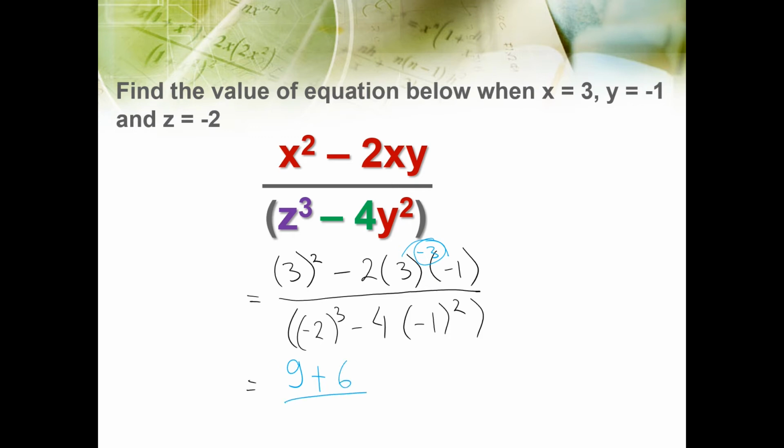Continue with this one, minus 2 to the power of 3. Be careful to answer this question, because many students forget about the sign, plus or minus, negative or positive. So let me review this first. Minus 2 times minus 2 times minus 2. Oh yeah, I almost forgot. In algebra, we don't use the multiply symbol like x, like this. Why? Because it can make us confused.